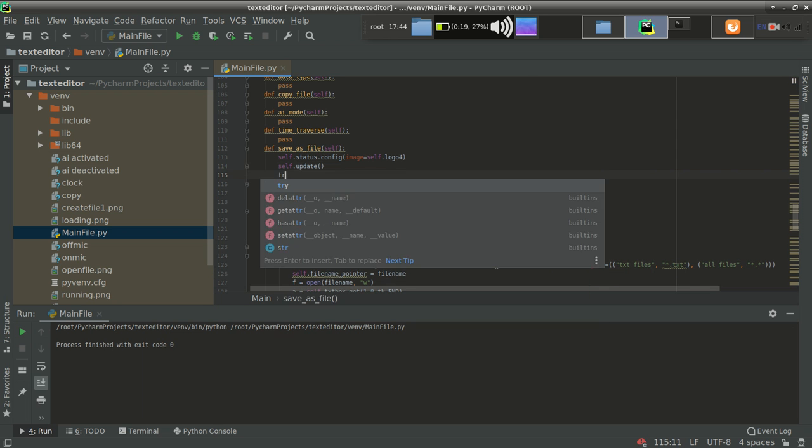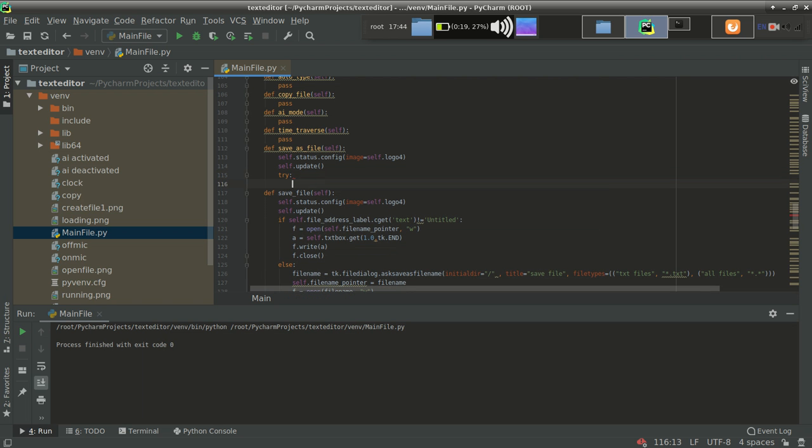Let's add the try except condition, because it can throw an exception. I'll show you how. File name equal to tk dot, and then add the functionality. Suppose I want to add a file: there is a dialog for opening a file, there is a dialog for saving a file, but is there any dialog for saving a pre-written file, just like save as file?